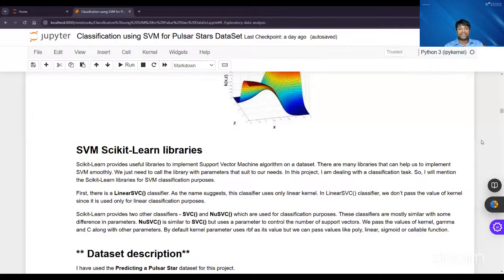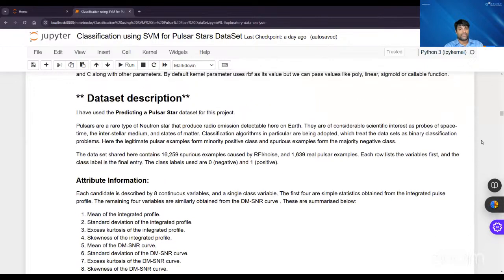Now let us go to the next part, which is the dataset information. Okay, so Map has shared the dataset with you in the chat. You can just check the chat and you can download the dataset. Let me first explain the data set, and then I'll take the questions if you have any. I'll give you 5 minutes so that you can ask me any questions you have. I'll just finish the basic explanation of the concept of